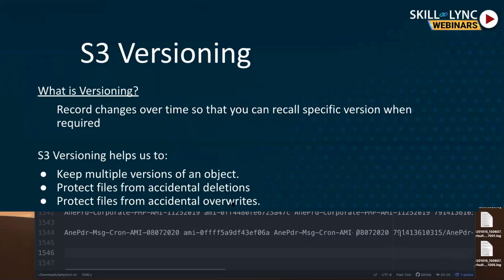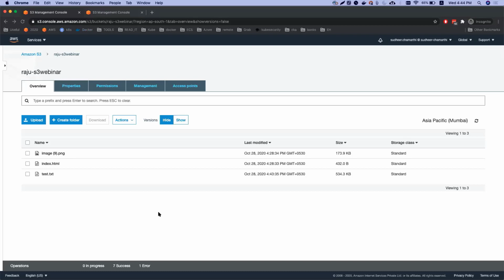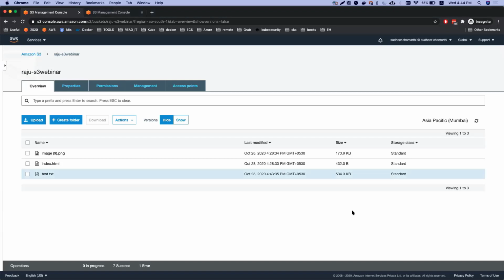So next we'll see S3 lifecycle rules. Earlier, we uploaded our file to the standard storage class. Let's say after 30 days, I don't want this file. I want this file to be deleted. Or after 30 days, I want to move this file from standard storage to a different storage class. If it is 4 or 5 files, I can do it manually. But when we have hundreds or thousands or lakhs of files, it will be very difficult for us to identify the files and move them across the storage.